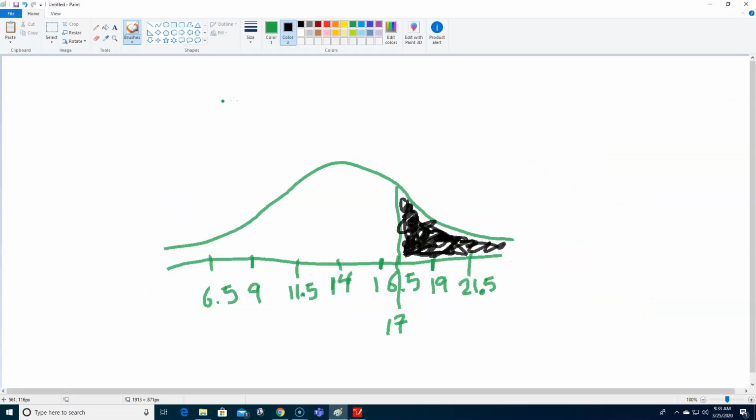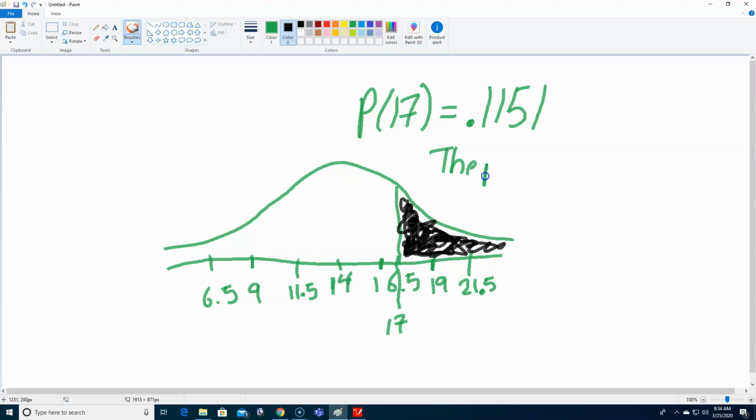So it's the probability of 17 is equal to 0.1151. So we need to give a sentence of that. So a sentence, right, an interpretation could be